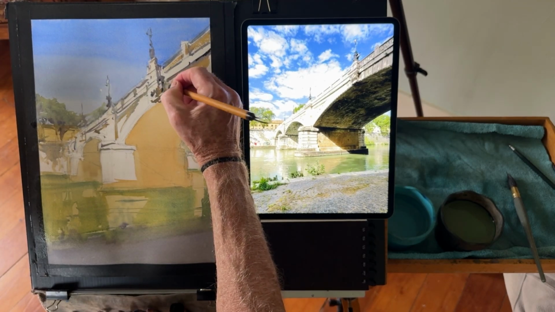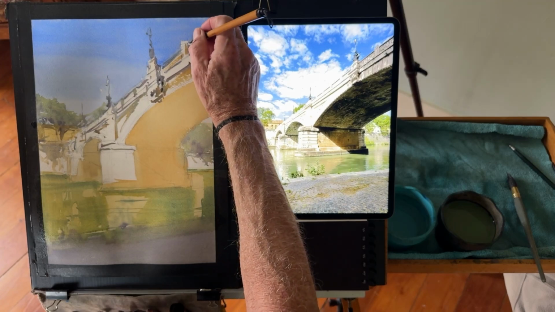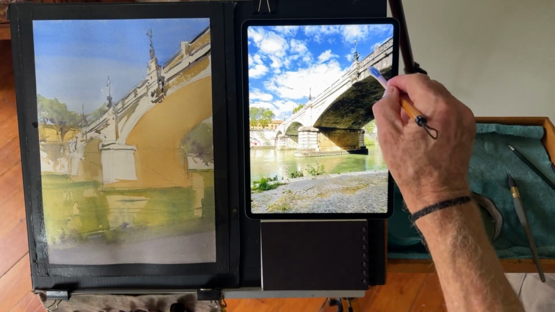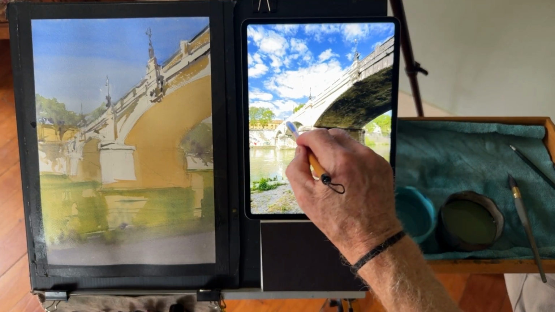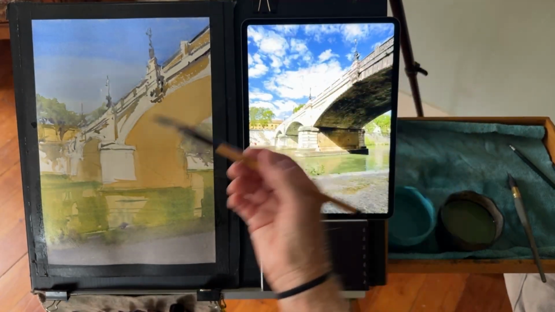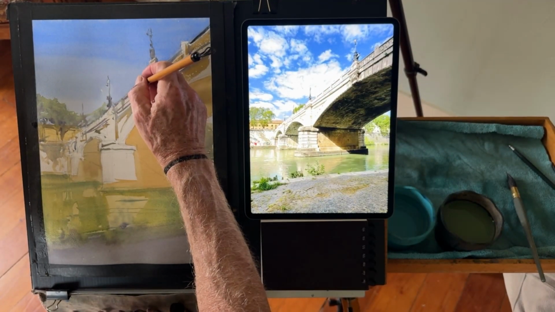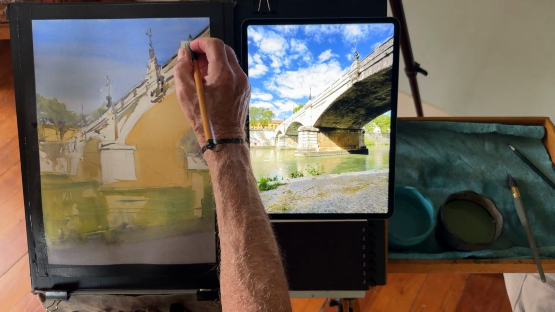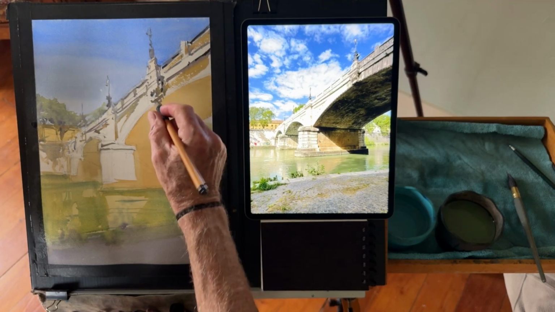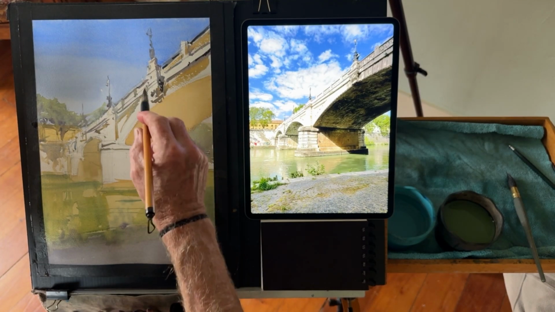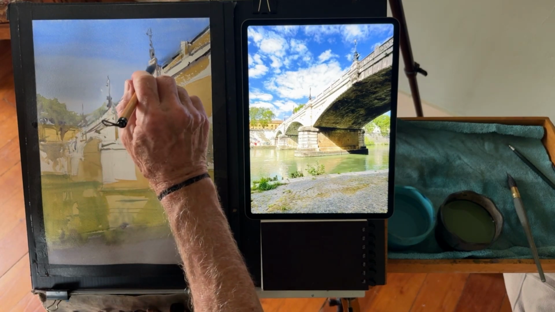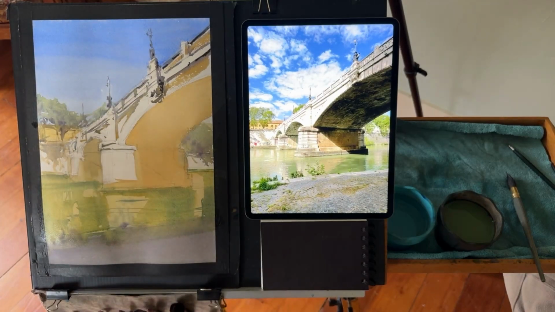And the blue involved is ultramarine blue. Now notice I'm going to make these marks here, less here, probably not at all there. Why is that? It's because the contrast level of these various things is going to be higher, closer to us than it is further away. And that's just the effect of atmosphere